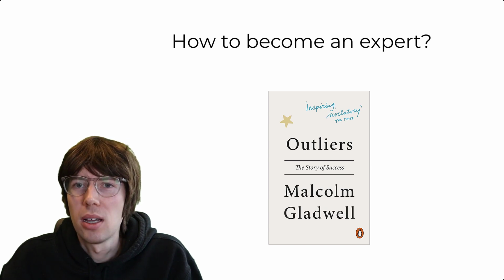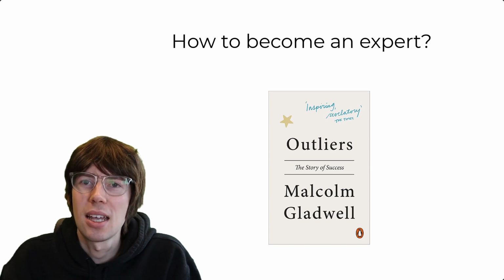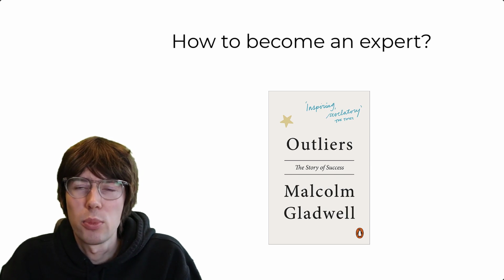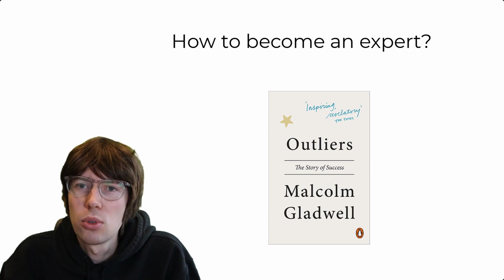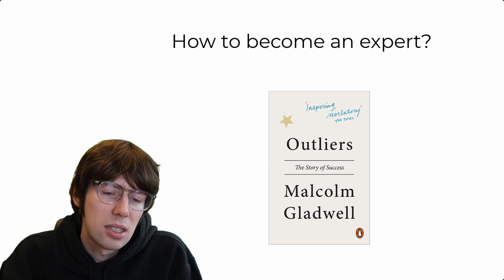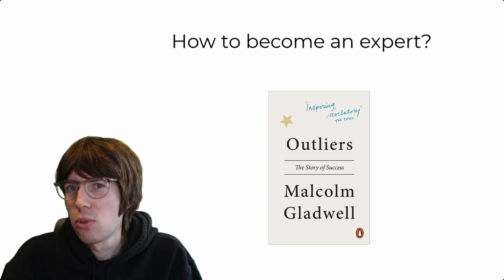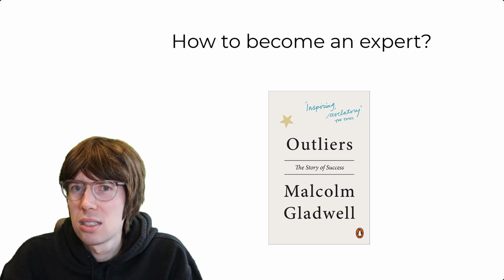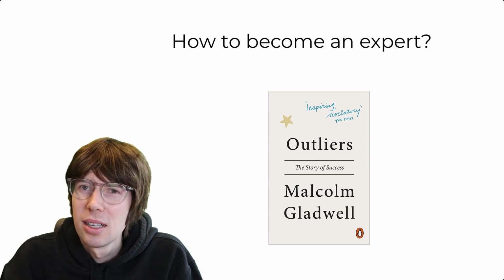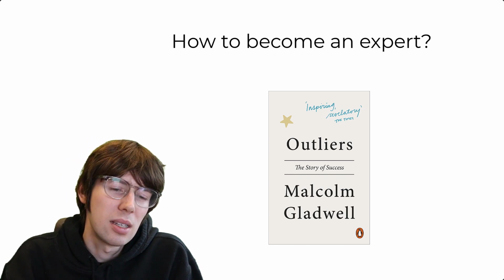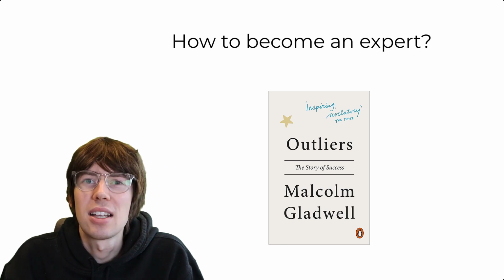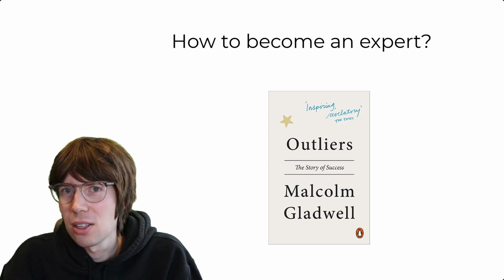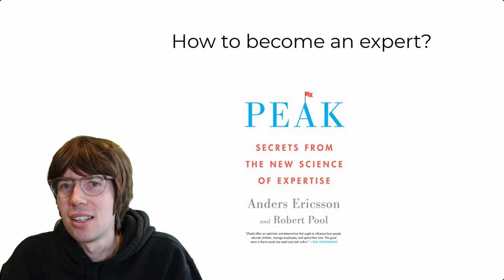That book has popularized a rule or idea called the 10,000 hour rule, or the 10-year rule, which says that you need to spend 10,000 hours practicing in order to become an expert at something. So that's an interesting book to read. The book has a problem though. The 10,000 hour rule, which is popularized in Malcolm Gladwell's Outliers, is actually based on a 1993 paper written by Anders Ericsson and a few colleagues, I don't remember the names. That paper is about German violin students, where they asked how much time they had spent studying and that sort of thing. The problem is that according to Anders Ericsson, Malcolm Gladwell misunderstood his 1993 paper.